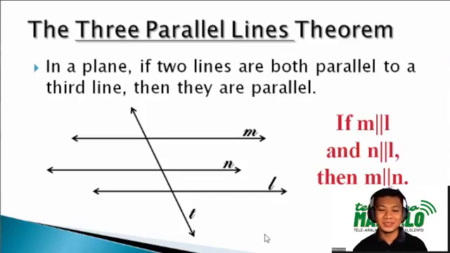Okay, parang tongue twister ito, no? But it's as easy as that. If two lines are parallel and another pair of lines are parallel to one of its lines, or the considered line, then all of those three lines are parallel. We will not consider the space in between them. As long as they are parallel or they do not intersect if we extend them, the three lines are parallel.